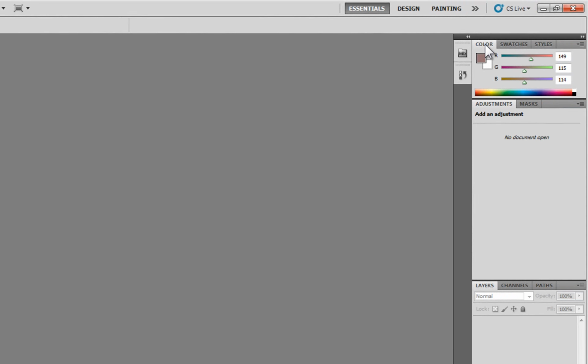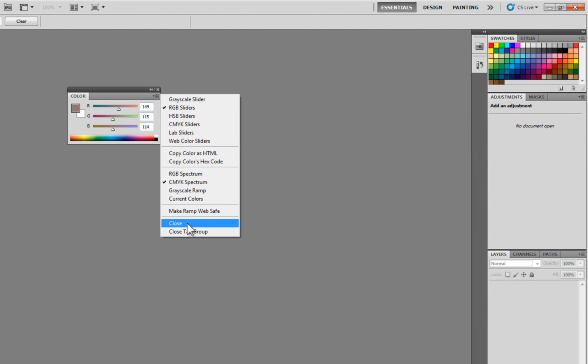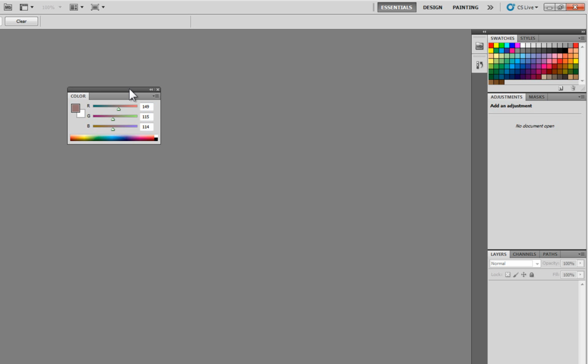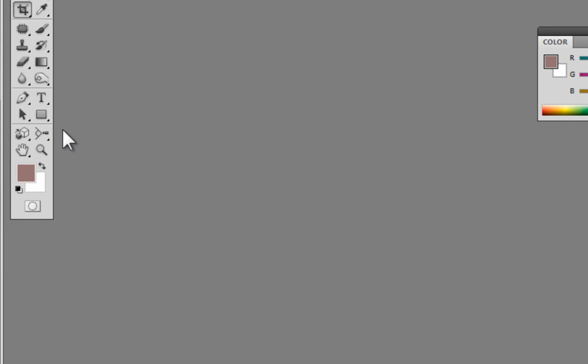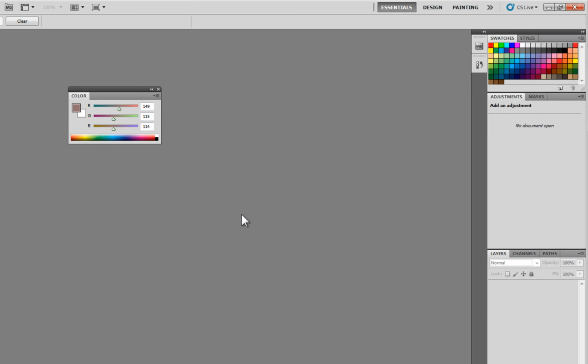So you have your color panel. Let's drag that over here and take a look at it. This helps you choose color in CMYK or RGB or whatever. Over here you have all your various possible settings, and every panel is going to have the same kind of options pull-down menu. But the way that you choose color in Photoshop is you come over here to the toolbar and you double-click on the color on the foreground or background, and then you get your color picker. This is where you choose color in Photoshop. So we're just going to cancel out of that,